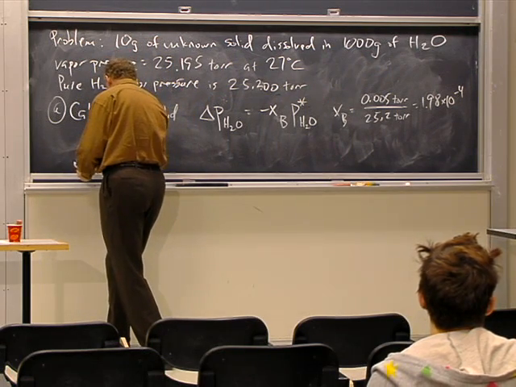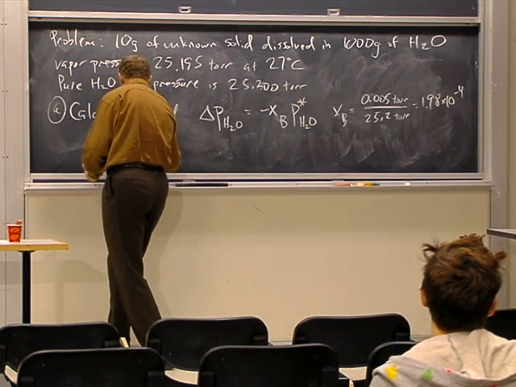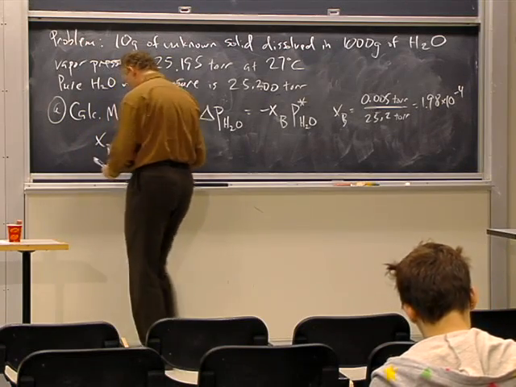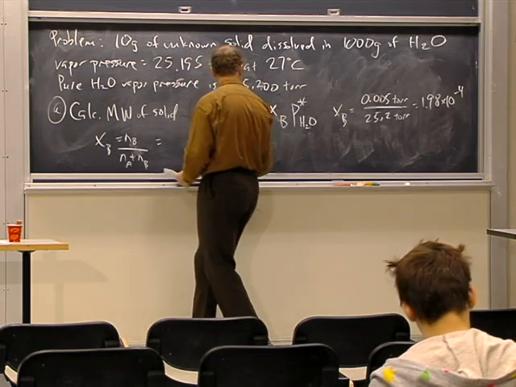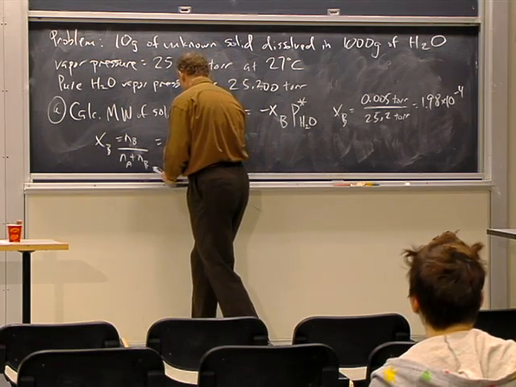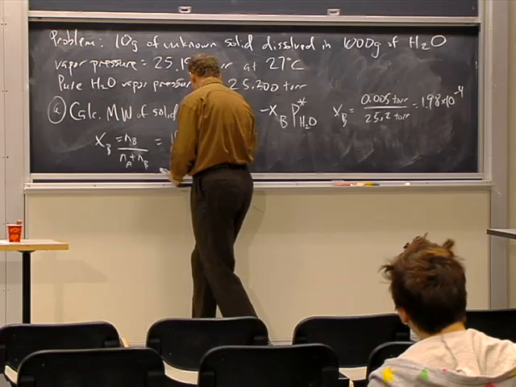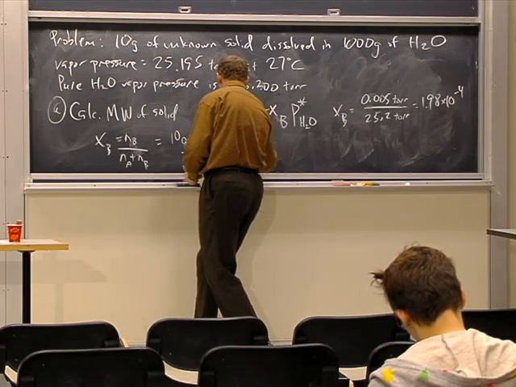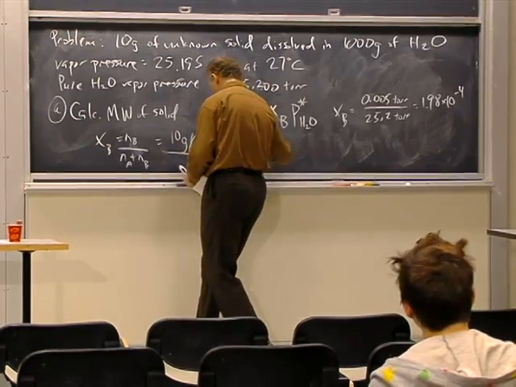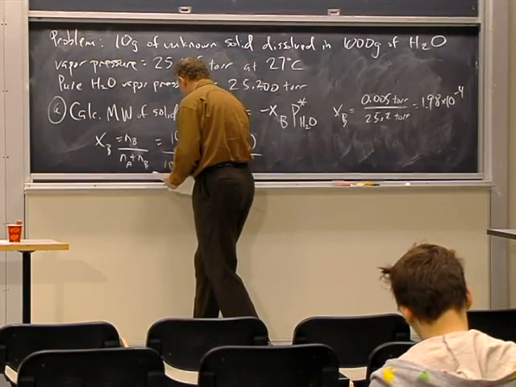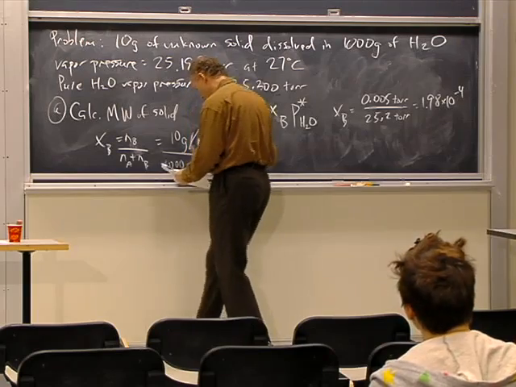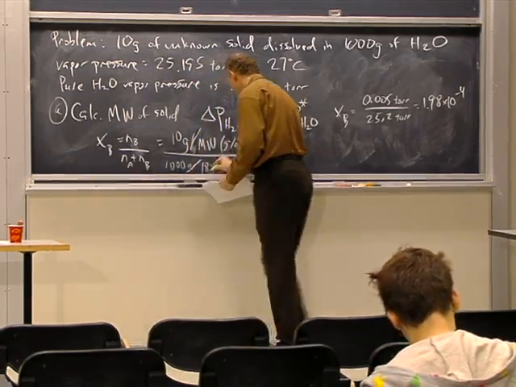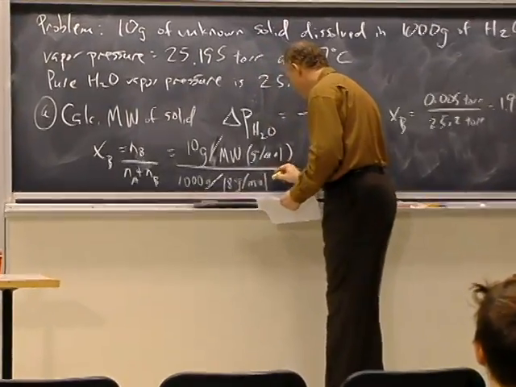And then XB is NB over NA plus NB. So now we have this. It's 10 grams divided by the molecular weight, which is in grams per mole, over 1,000 grams of water divided by 18 grams per mole